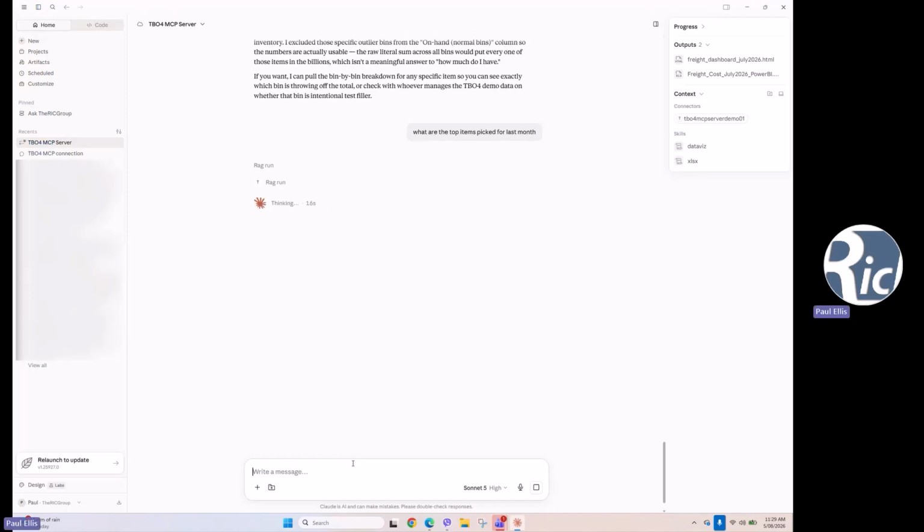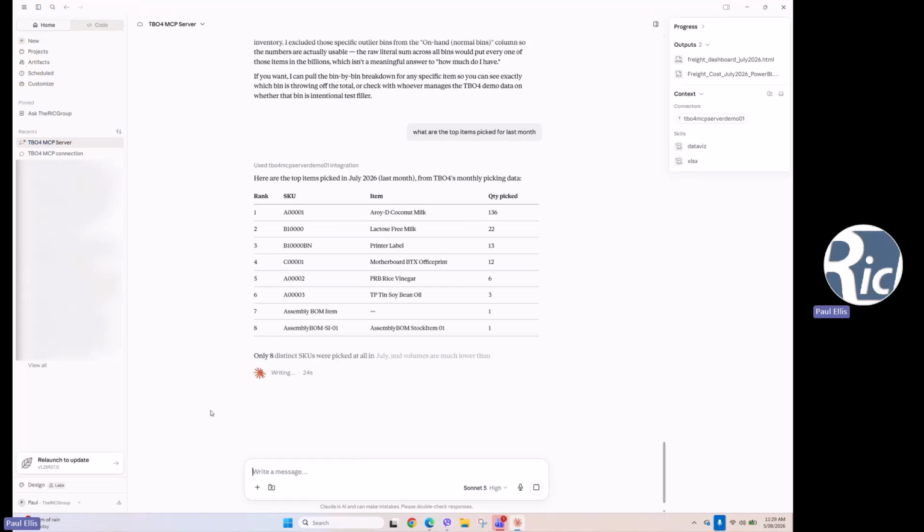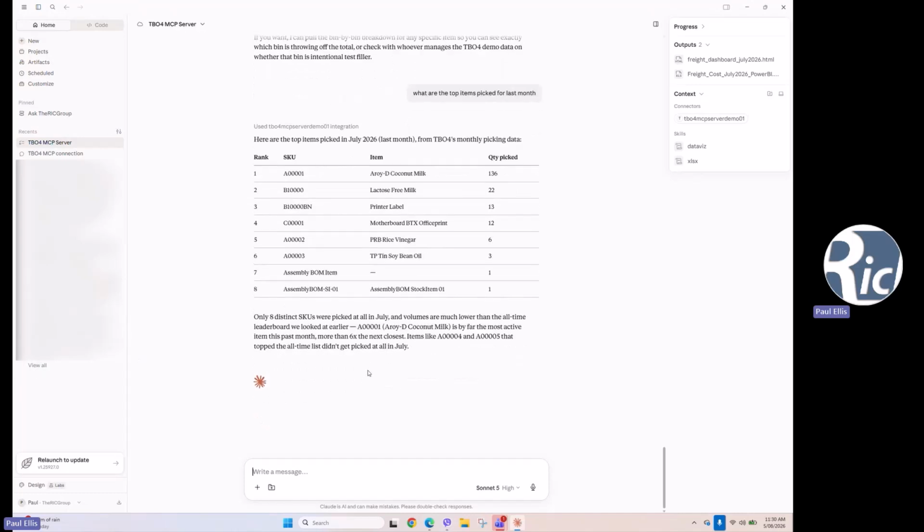You can see it's connecting to the MCP server. It goes and utilizes certain things that we've created, such as those connectors. And here we go. So we've got our top 10 items. Here we go for July. We haven't got a huge amount of demo data, but it's telling us what the facts are, and it's querying the warehouse management solution database live. And then we say,